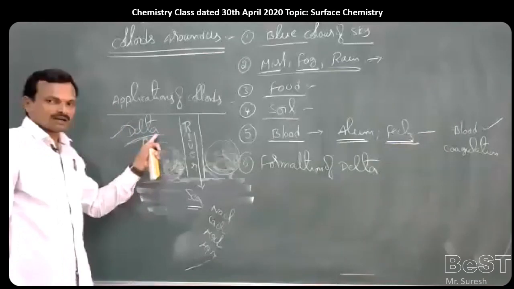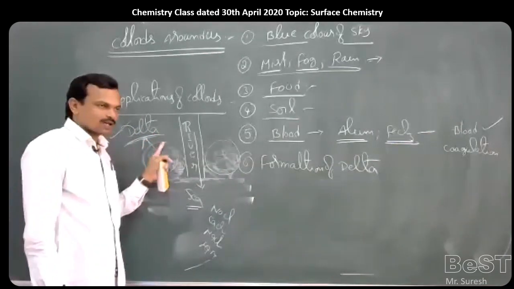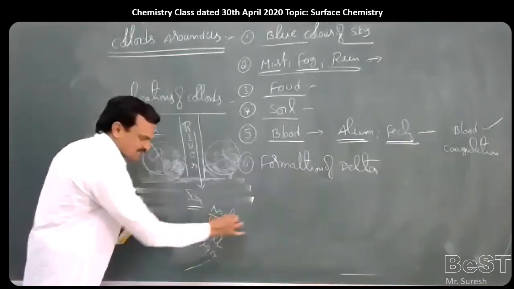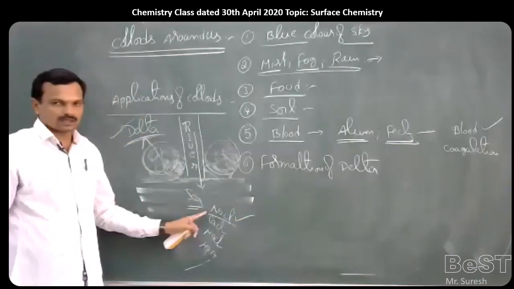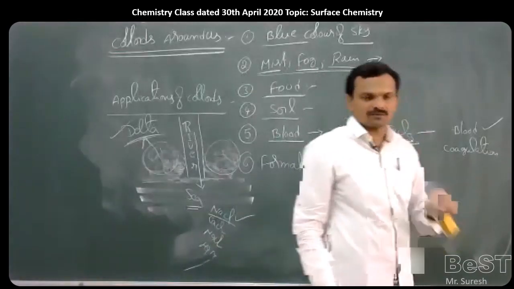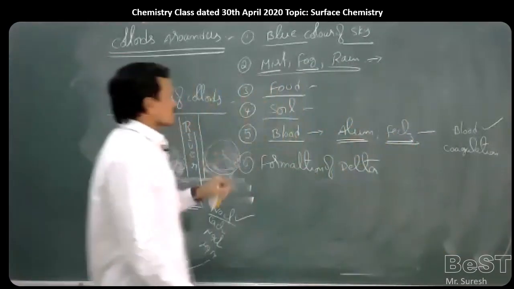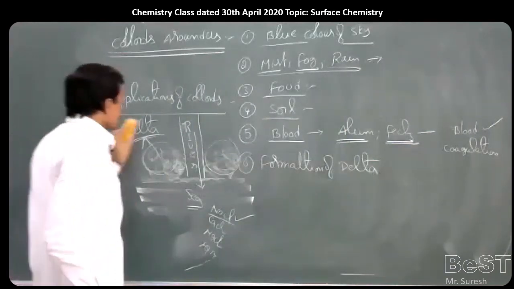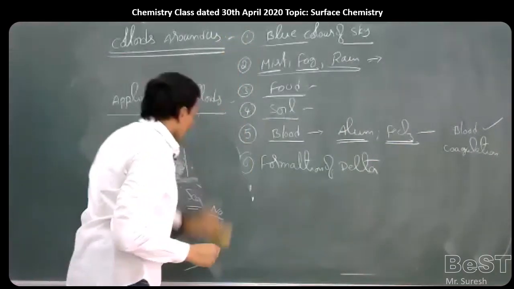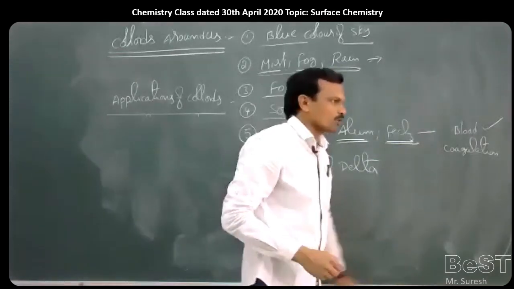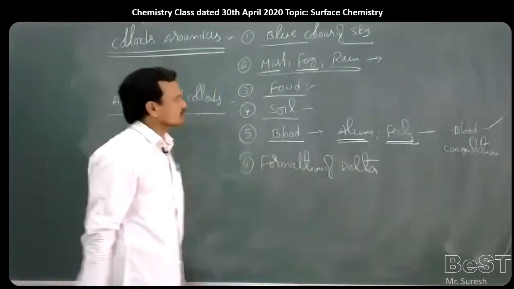So the formation of a delta region is due to the coagulation of clay particles by the electrolytes present in seawater. These are some simple examples that we observe in our daily life, that are present around us, which are examples of colloidal solutions. Okay, right. So once again, the blue color of the sky: the sky appears blue due to the scattering of blue wavelength light by dust particles.